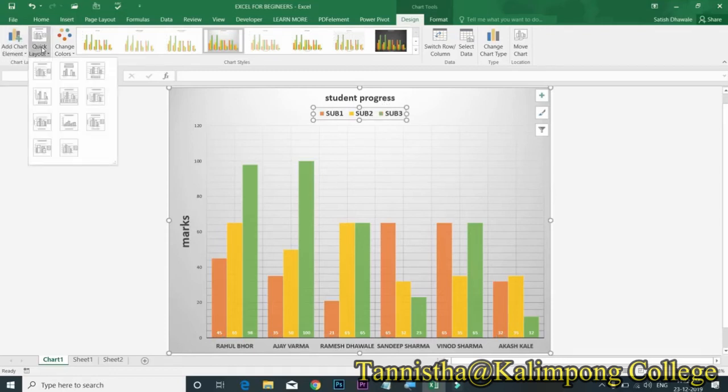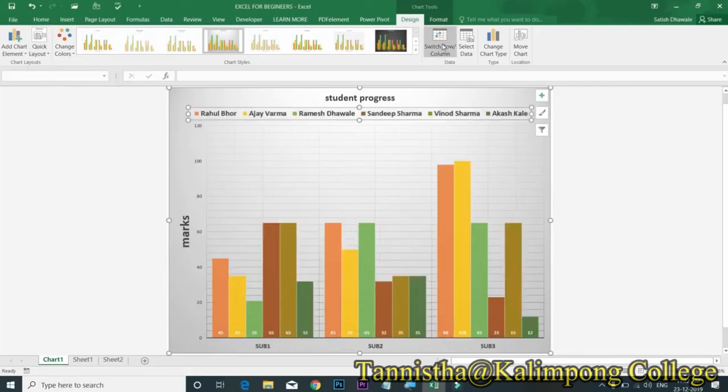Another very interesting feature of chart or graph is switch row or column. So here rows is changed to column and columns are changed to rows. How much Rahul Bhor got in 3 different subjects, it's displaying all. So you can switch rows and columns according to your requirements.